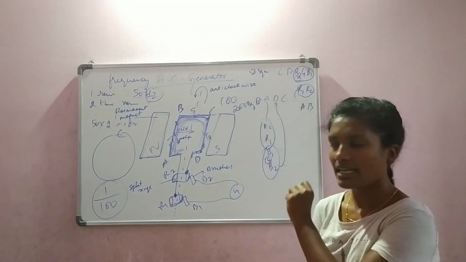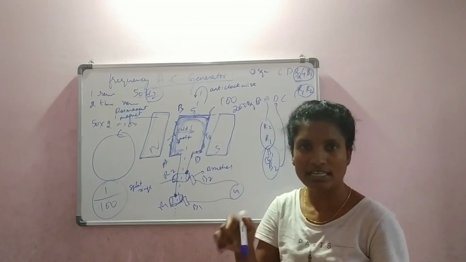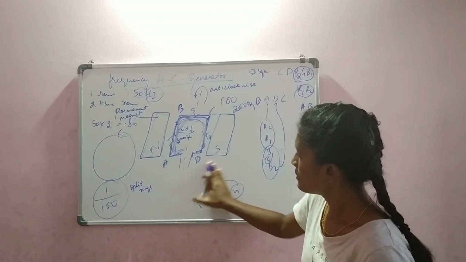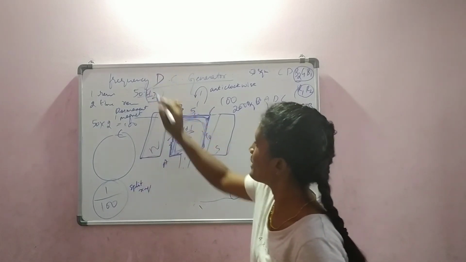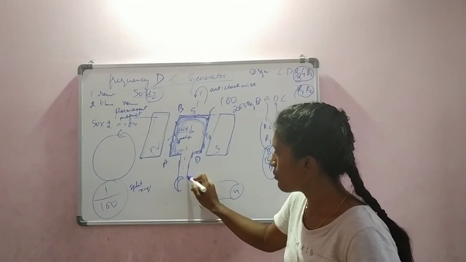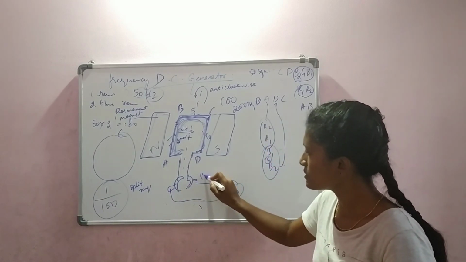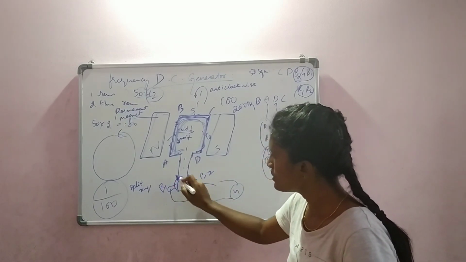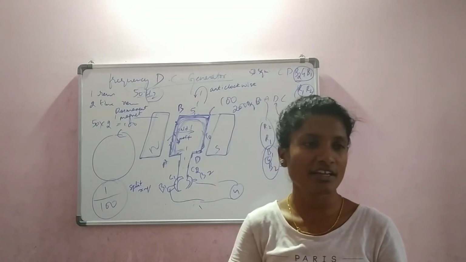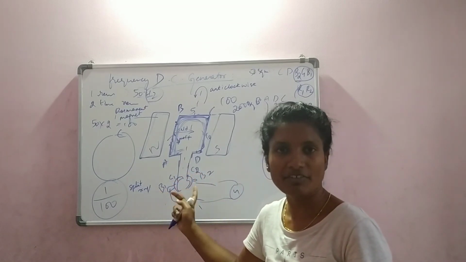A DC generator is similar to an AC generator, but here there is no need to reverse the current. So what are we doing? We are removing this part. If it is a DC generator, in the same diagram, use a commutator which we used in the motor, right? So use brush 1 and brush 2, connect that. This is B1 and B2. This is the commutator. Okay, fine. Why is a commutator used here? In order to give the connection between the circuit.